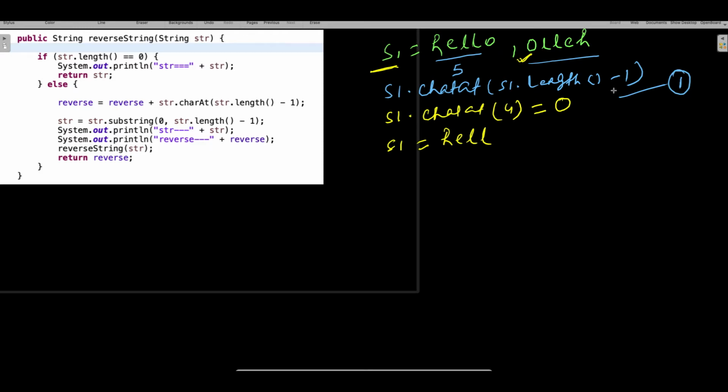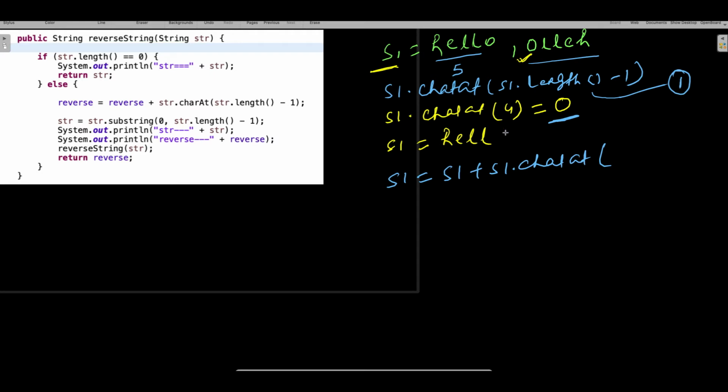So if you perform the same line number 1 here, with charAt you already have O. And if I again do s1 is equal to s1 plus s1.charAt, and I do length minus 1.